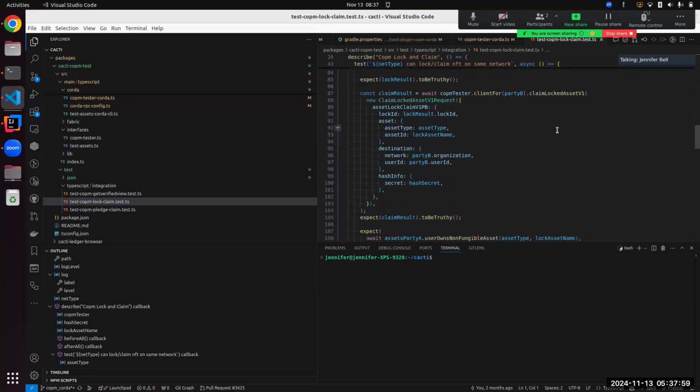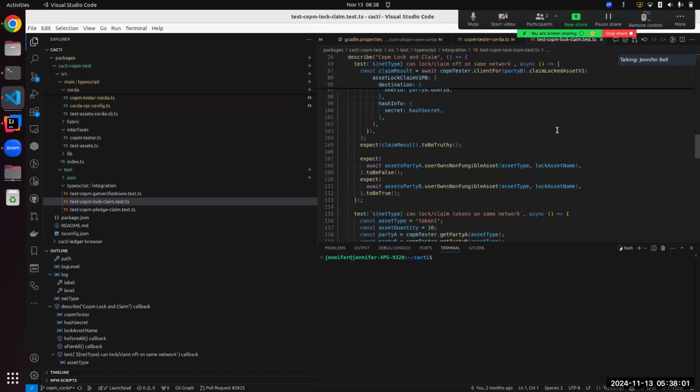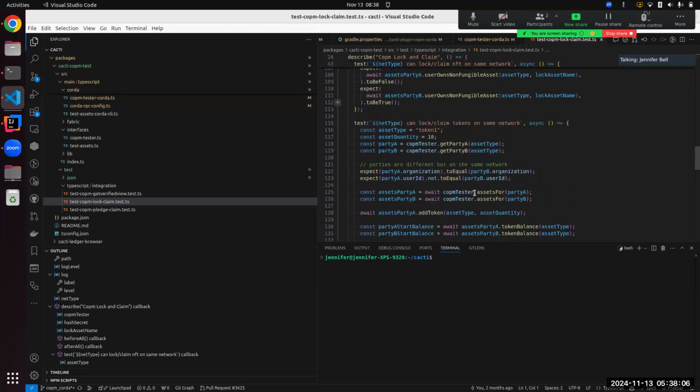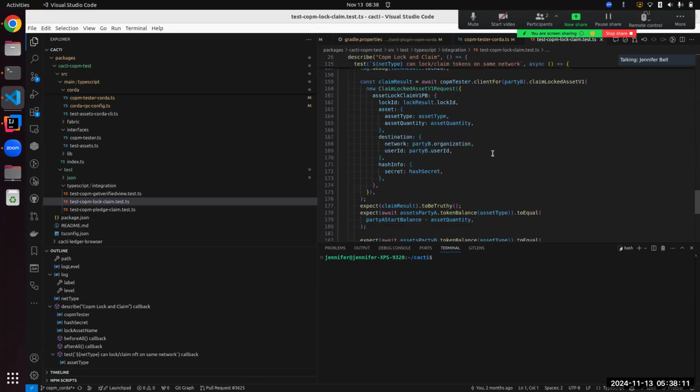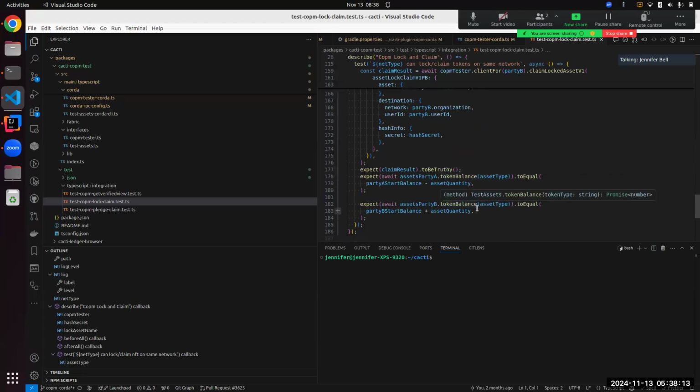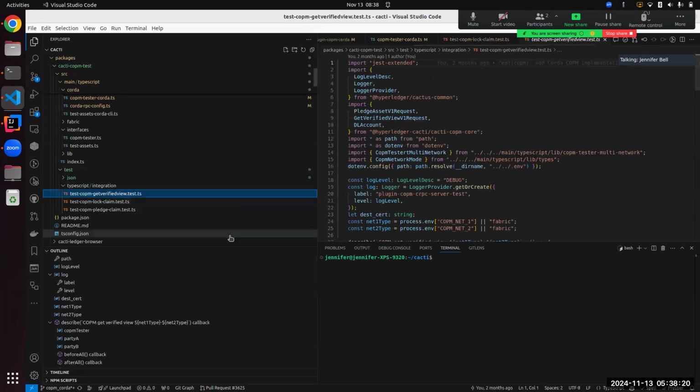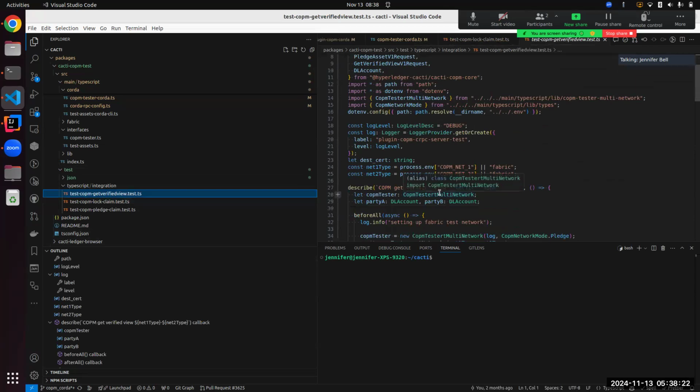So it's very similar. We lock and then we claim, and then for the tokens, we check the counts at the end. Or rather, for non-fungible, we check the ownership, and for tokens, we check the balance to make sure that everything changed hands. So for the verified view, it seemed easiest to just piggyback on the pledge and claim because